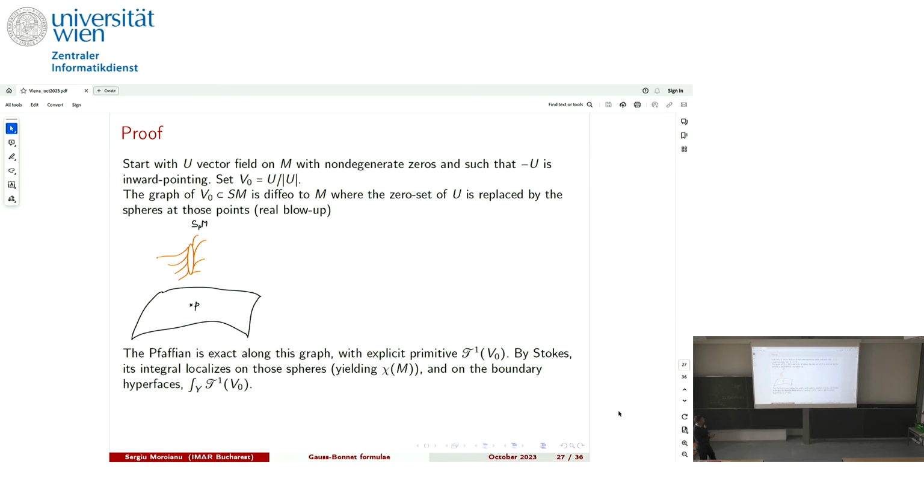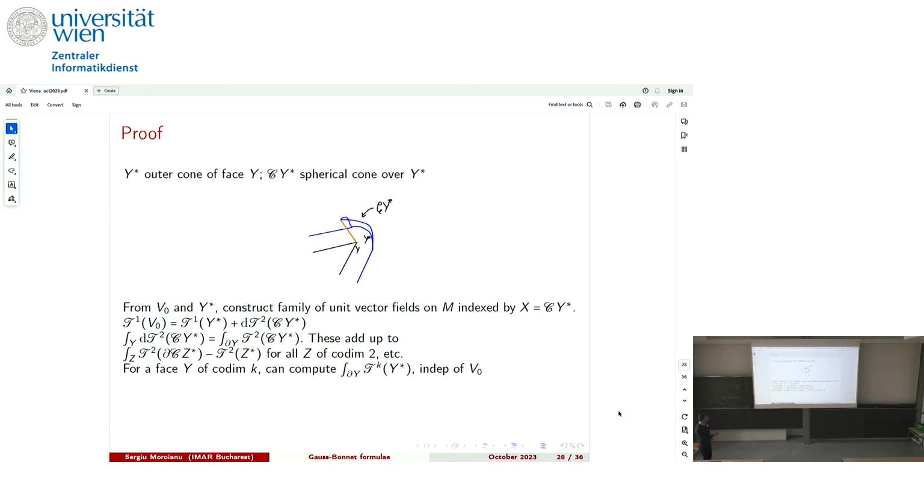Okay. So let me skip this. So yeah, there is an induction process of taking a unit vector, but it is not going to be normal to all faces because it cannot be orthogonal to two faces that meet somewhere. There is some correction. The correction will be some transgression. So there are sums of iterated transgressions, eventually giving the